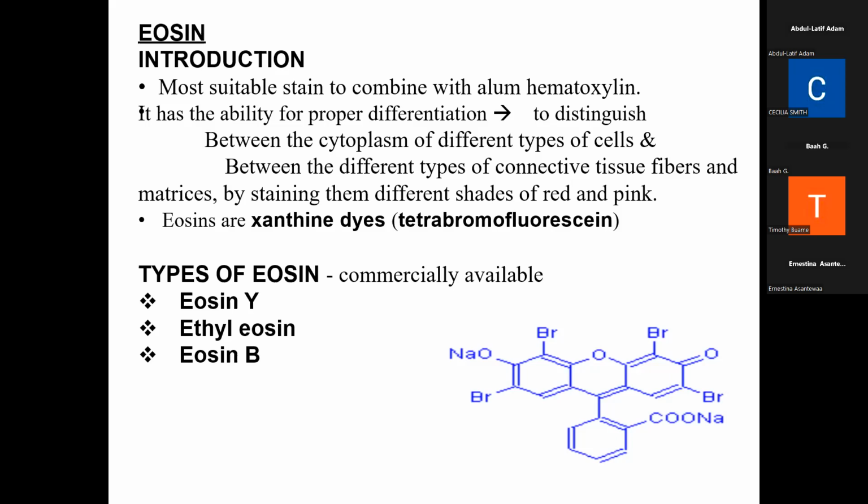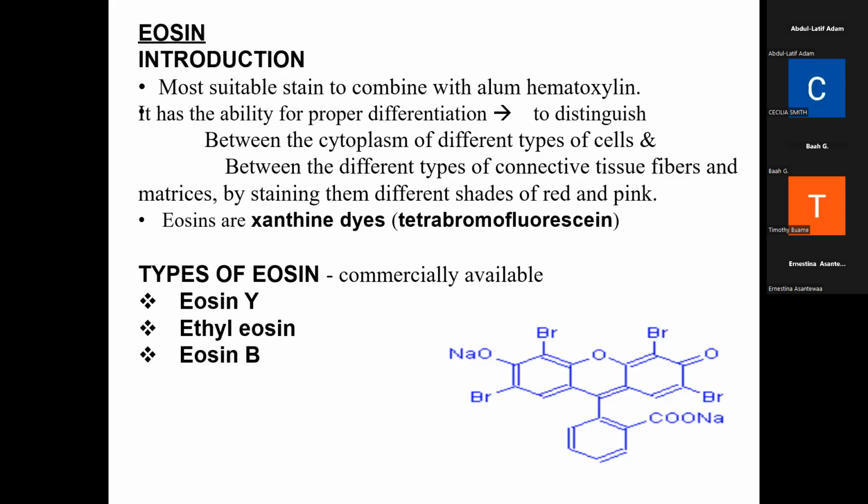So now the eosin. The eosins are xanthene dyes. They are produced in the lab. There are 3 forms produced. You have eosin Y, which is the most commonly used one across the world. Then you have the ethyl eosin. Then you also have eosin B. Eosin Y means eosin that is yellow. Eosin B means eosin that is blue, so instead of producing pinkish, it will produce shades of blue. The Y will produce pinkish shades of yellow, and then we have the ethyl eosin, which is